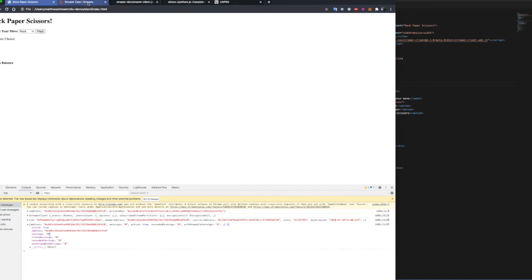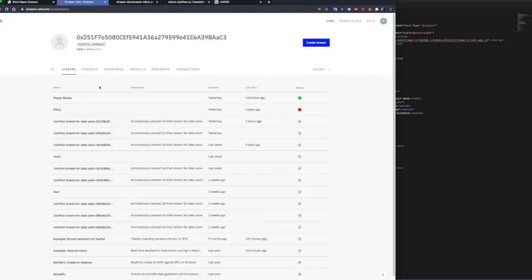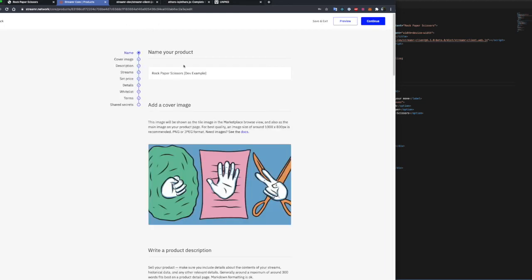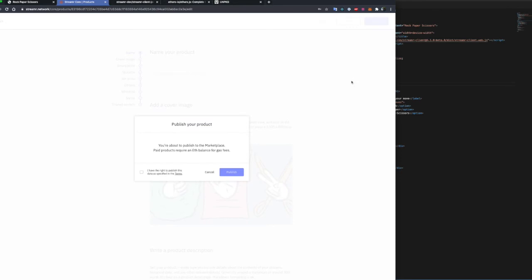So we need to go into the core app and go back to products, and now we're going to publish our product onto the marketplace so that someone can come along and buy our data and remunerate our user. So I went back into the product section, clicked on the product tile, and now in the top right I can click continue,